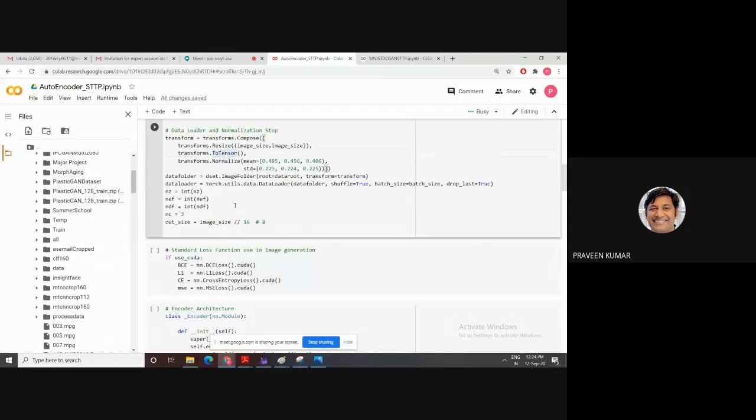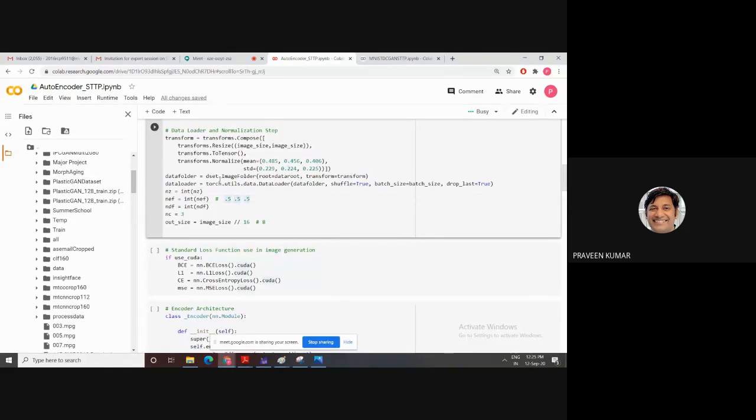Convert into tensors, then normalization means converting your data into the standard mean concept. I have to take these mean values and this standard deviation. Two things are generally preferred. First prefer this one, the second is 0.5, 0.5 and 0.5. This is the standard value. Go this way or go this way.